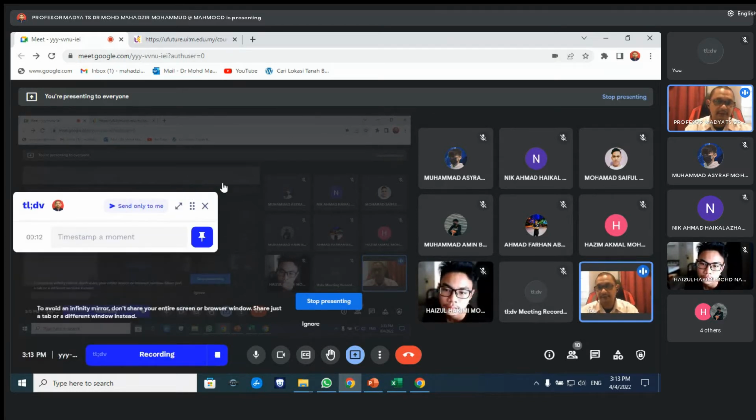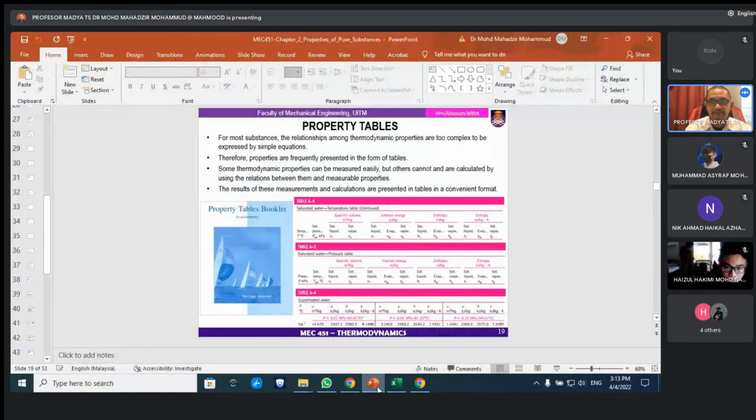This is the second part of chapter 2, properties of pure substances. So I will share with you the second slide. The title of this slide is properties table. So seperti biasa,